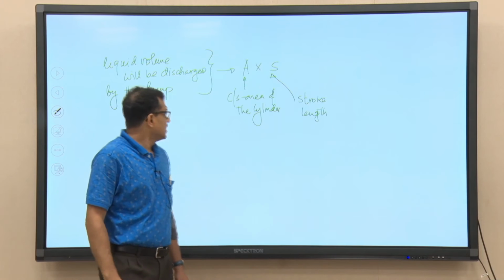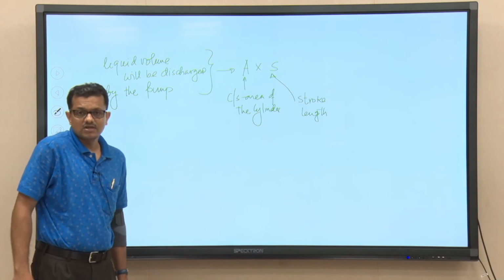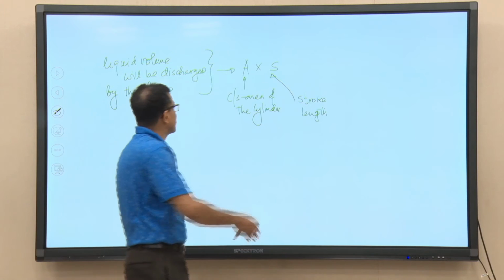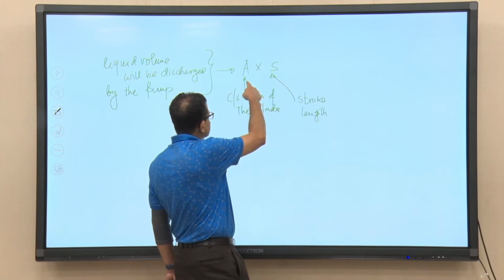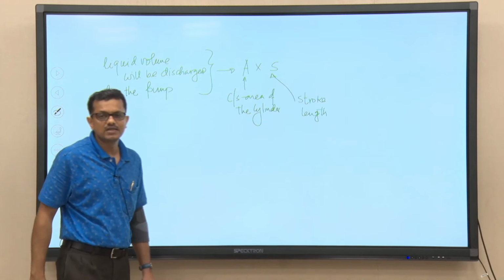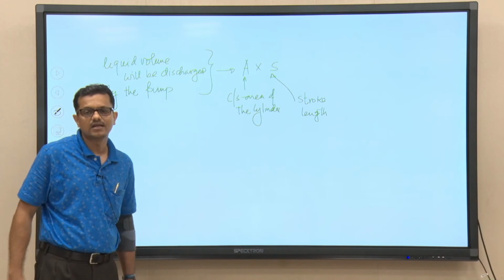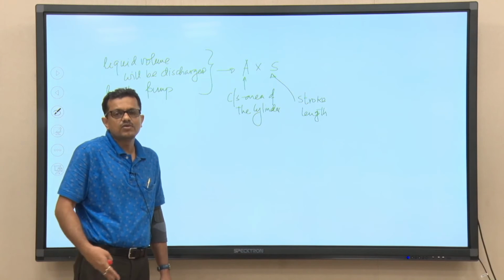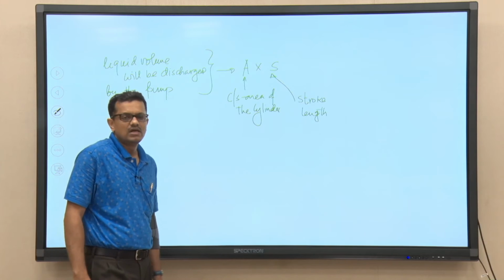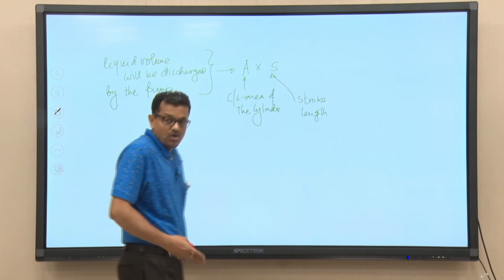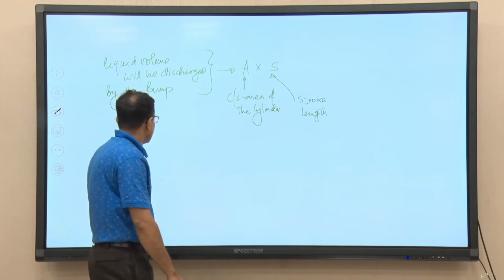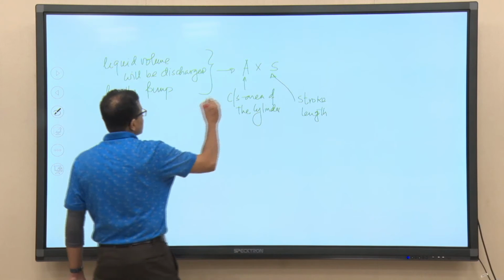Now, again this is theoretical discharge, because we did not take into account several effects. We can consider that this is the cross sectional area of the cylinder and this is the stroke length. So, theoretically that will be the volume that will be discharged by the pump, but again it is theoretical. We really do not know whether this amount of liquid will really be delivered by the pump or not. Some losses will be there due to leakage, etcetera, that we will discuss later. Okay. Now, you understand, so this is basically V.